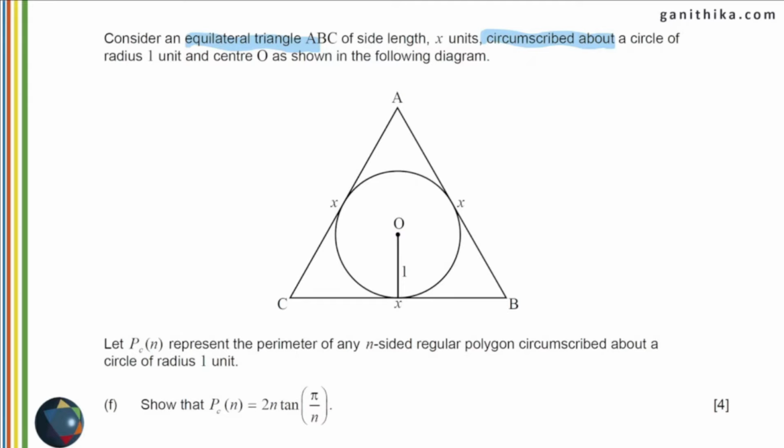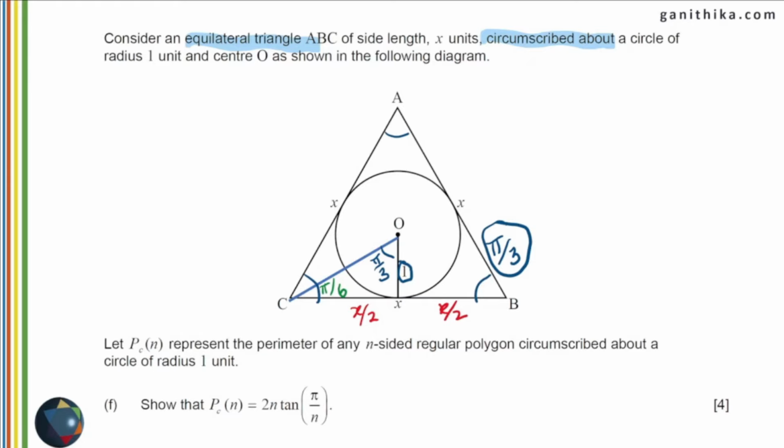Seeing that it is an equilateral triangle, you know that the angles of the triangle are going to be 60 degrees, which is pi over 3 radians. So in the previous cases, we were using the right angle triangle method, and we were using trigonometry in right angle triangles. Therefore, let's see if we can make a right angle here by joining OC. You have a right angle in which this angle is going to be pi over 6, and this angle is going to be pi over 3. And this side is going to be 1 unit, whereas this side is going to be x over 2 unit, half of x, because it's half of the side CB.